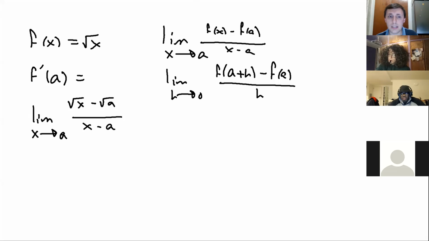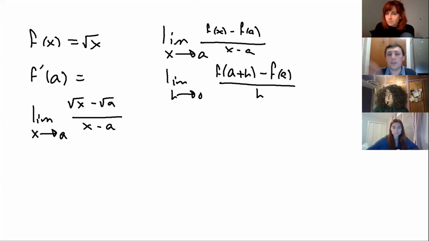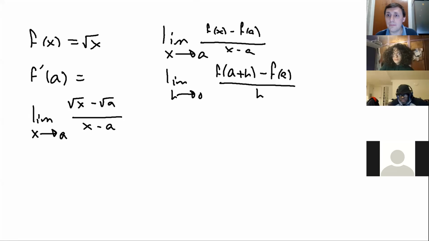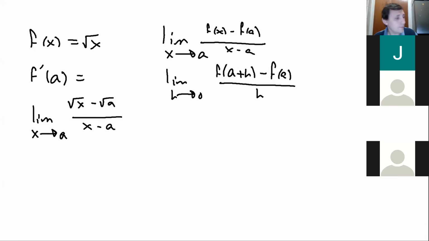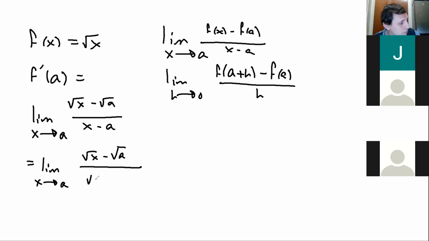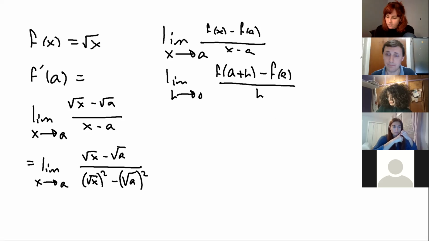Good? Exactly, Grant. You see that, guys? Now, afterwards, you can multiply by the conjugate, but I will show you another thing that is more general, and we will soon use it. I am going to factor the denominator. Now, how can I factor the denominator? I can do it this way. Well, look at it, guys. I can write the limit as x goes to a of root x minus root a divided by root x squared minus root a squared. Do you agree? I wrote the same thing because both x and a have to be positive. There is no problem here.